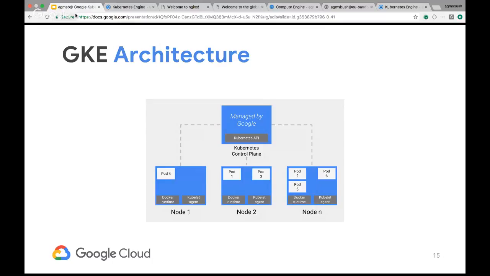Oh yeah, absolutely. And that's not to say, so this is a very simple diagram, but what's pretty cool is that we actually will deploy certain other things that represent some level of opinion in this Kubernetes cluster. So kubedns, for instance, we deploy it with an autoscaler. If you want to enable logging, for instance, in your Kubernetes cluster, we'll deploy a daemon set to actually write logs to Stackdriver as a backend. And so there's a lot of different things that you can get for free in this kind of click to deploy scenario. But really, the base of it is that we are managing this control plane for you,